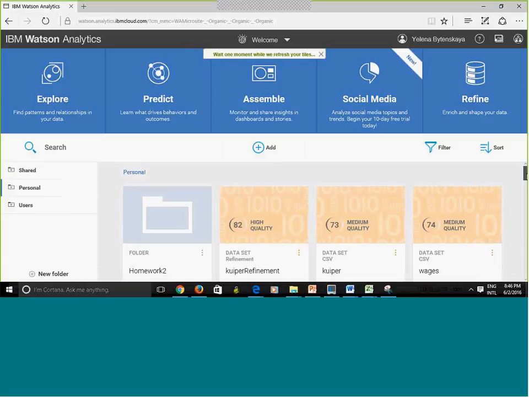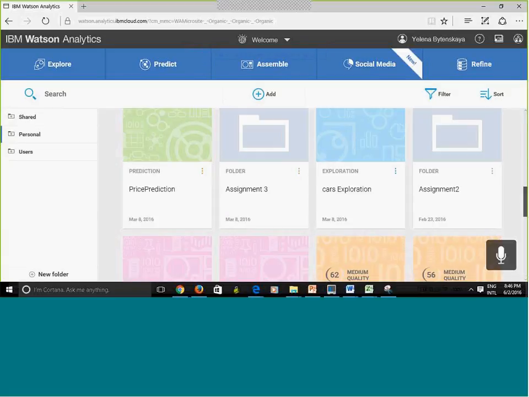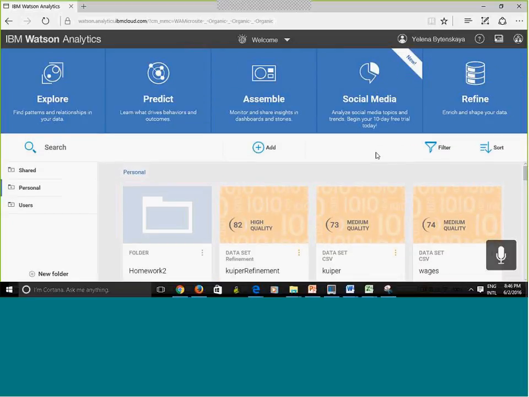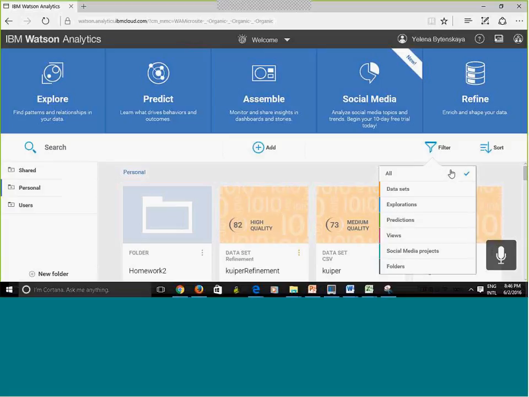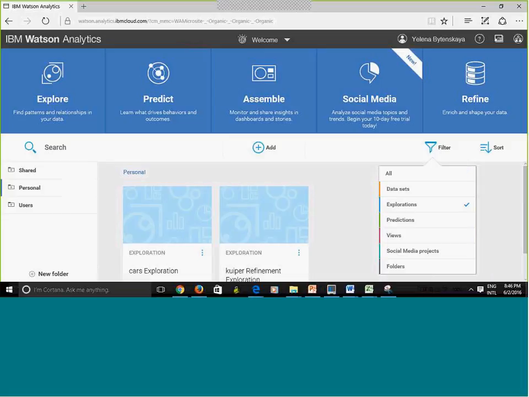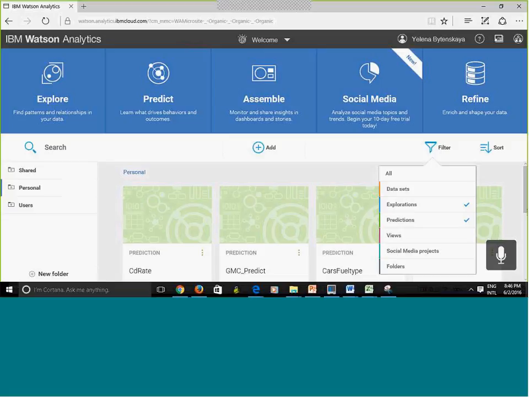Also, what you could also do is, see this? I have a lot of stuff. I can filter it out right here. I can show everything, or I can show only the explorations. See this? Or I can show only predictions, or explorations, or just predictions. I can filter what I see here, but there is something to keep in mind here.